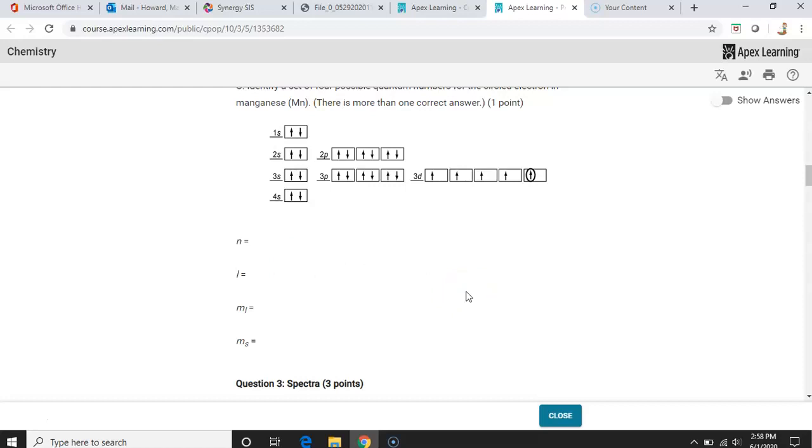The ML could be many different ones because it's either -2, -1, 0, 1, or 2. It's just which one of the boxes is labeled, but it could be any one of those boxes, so it doesn't matter which number. And the MS is the spin, which is one of two ways. Often, the arrow going up will give it a plus 1/2, or it could be a -1/2 as well. It doesn't matter which one, because it's either going up or down, so there's two options